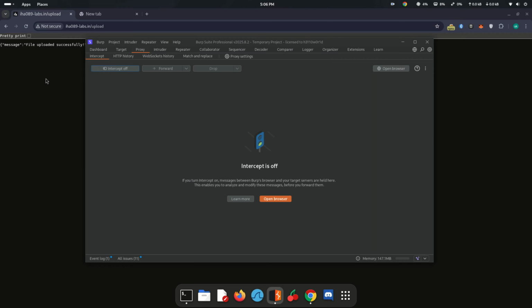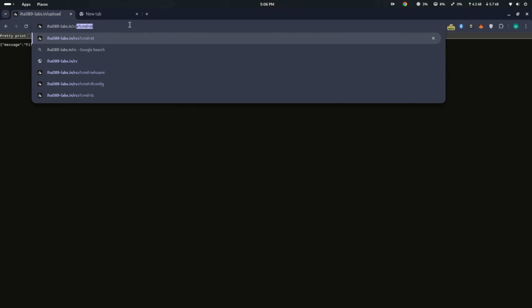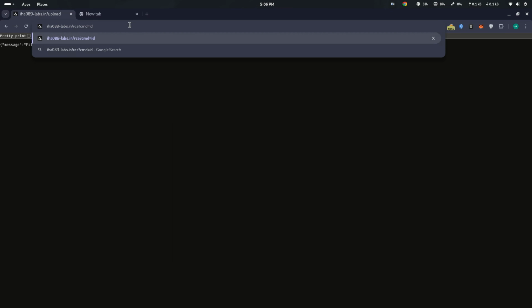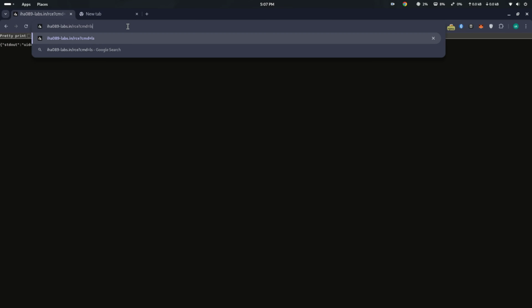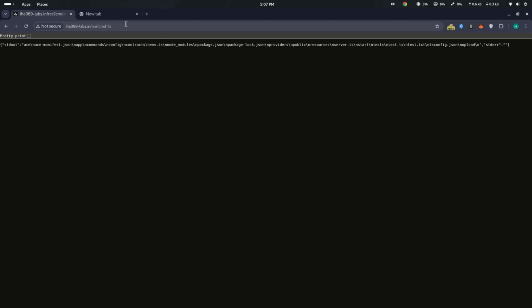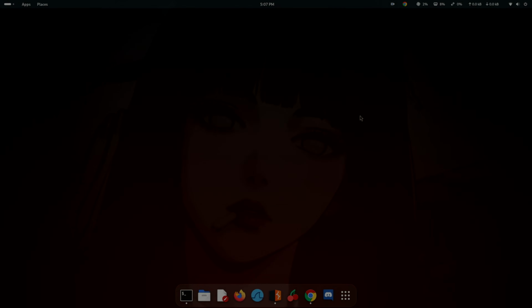At this moment, the malicious file is written directly into the application's routing system. Now I simply open the browser and visit the new route that was just injected. I pass a command parameter in the URL, press enter, and immediately the command output is returned in the response. I can change the command to things like checking the current user or system identity, and each time the server executes it. That's full remote code execution, achieved purely through a file upload vulnerability combined with path traversal.